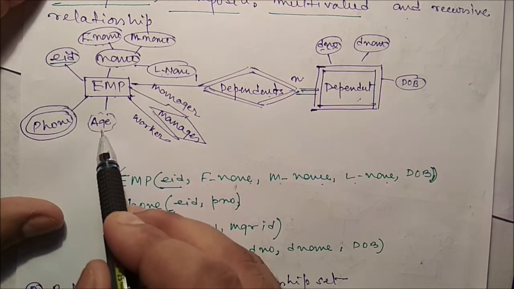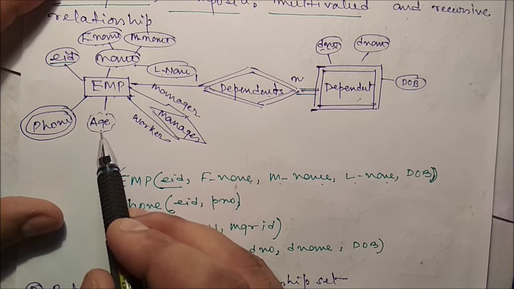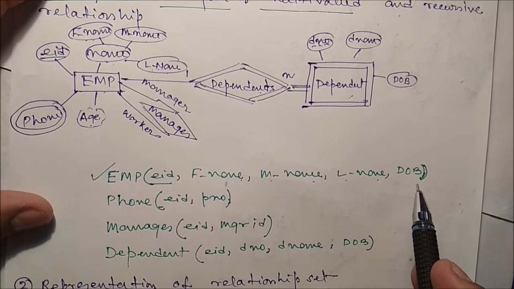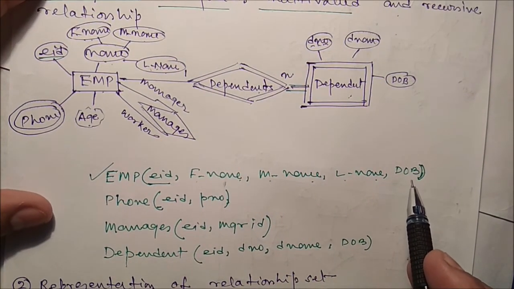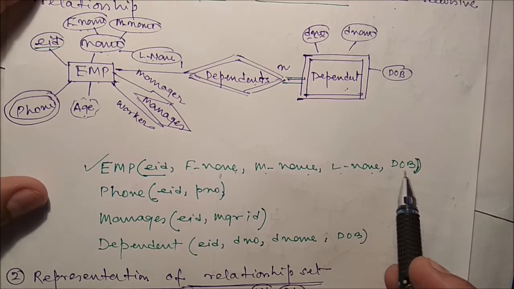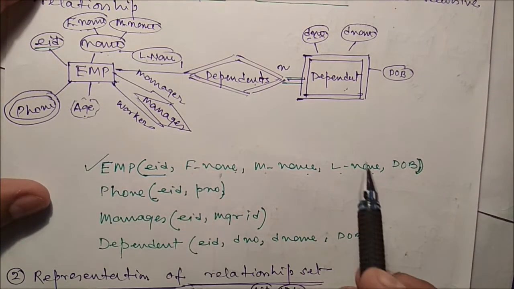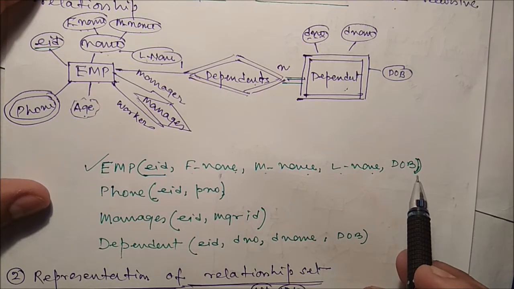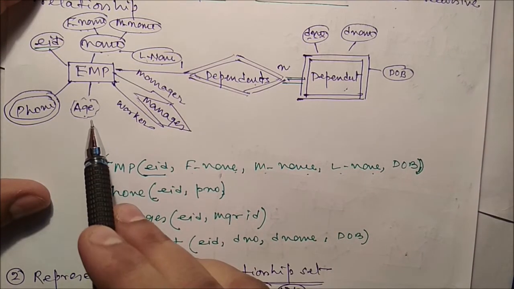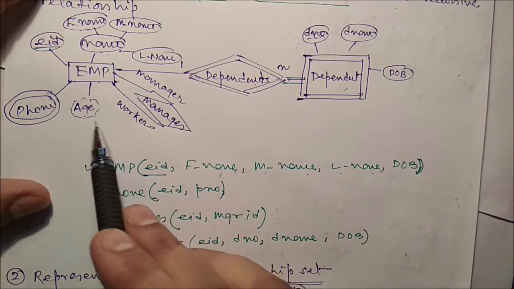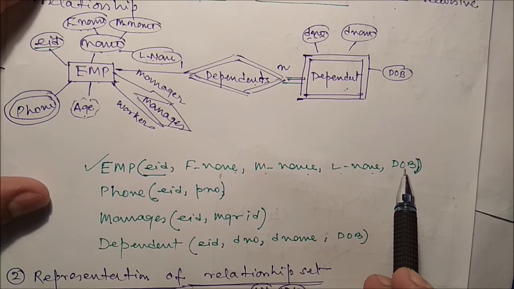Next is what? Age. Now here age is a derived attribute, but here you have to store the date of birth, which is the stored attribute. After that, every time we have to calculate the age by system date minus the date of birth. From that we can get the age. So for age, you have to store the date of birth. Are you getting this one?